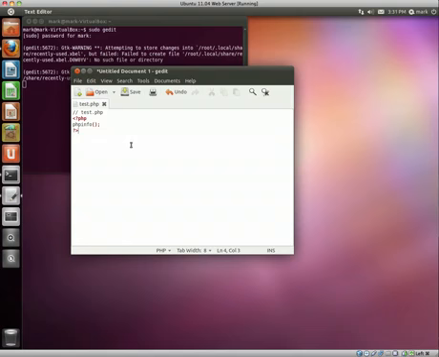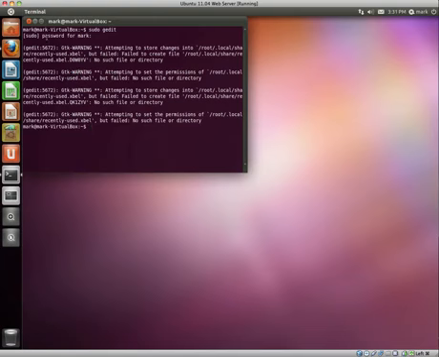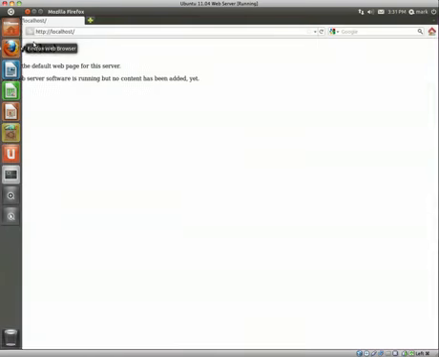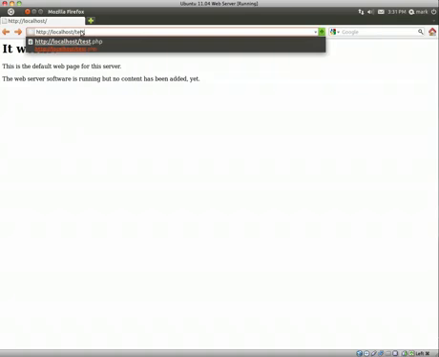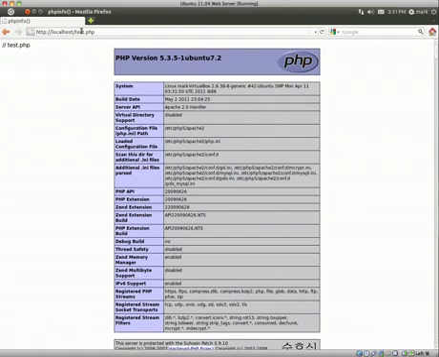If you didn't save the document as a root user, then it wouldn't have worked. So now let's go to the web browser and type in test.php. And now, as you can see, this has worked and it's come up with all of the PHP version information,